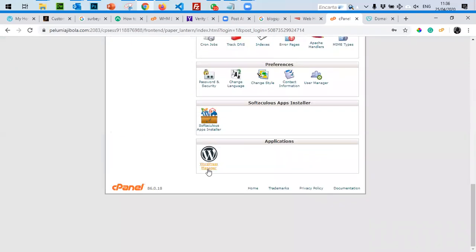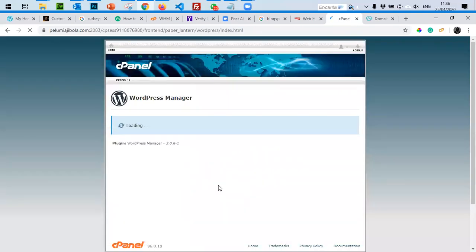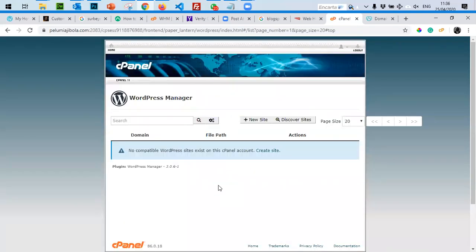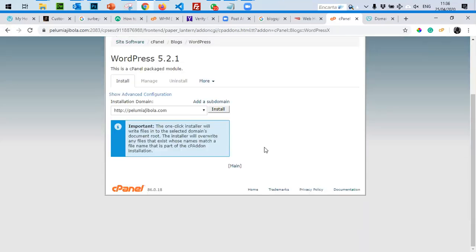WordPress is an application that comes with every website. So if I click on this button, I want to install WordPress.